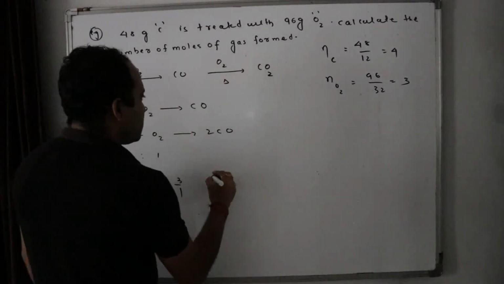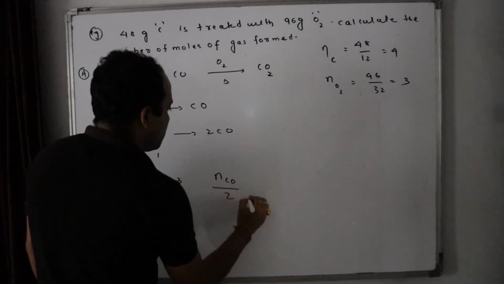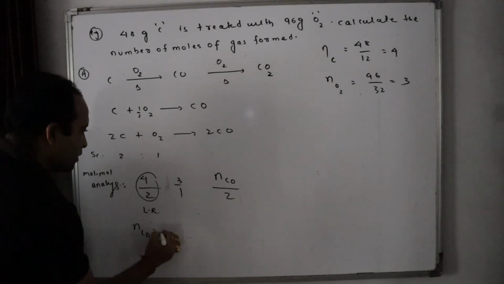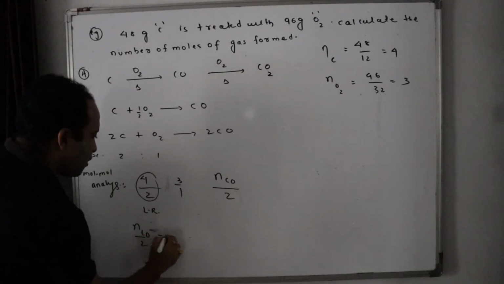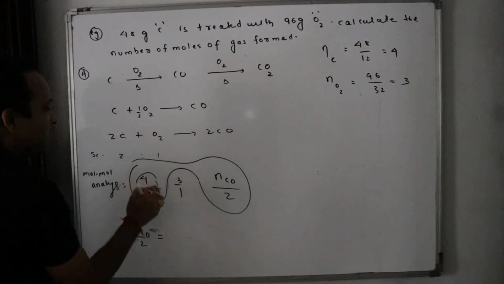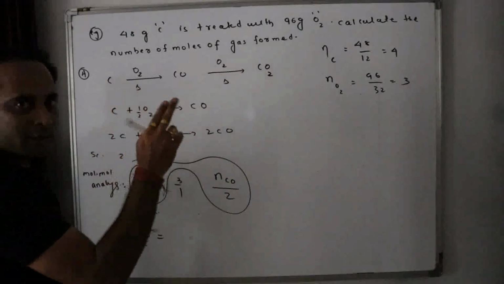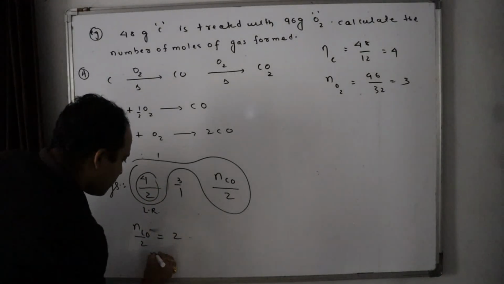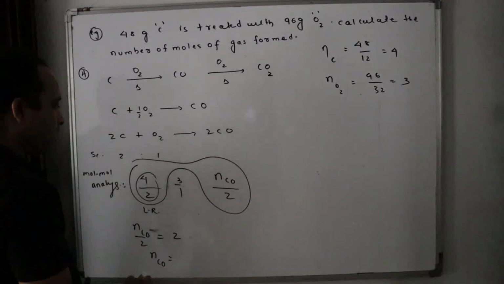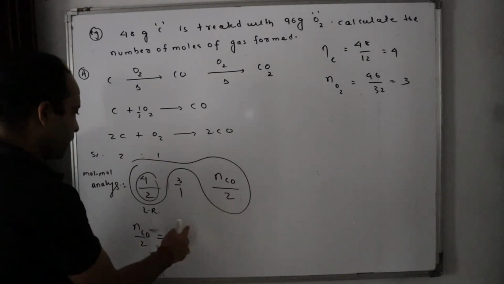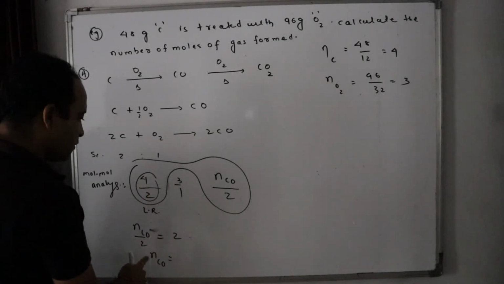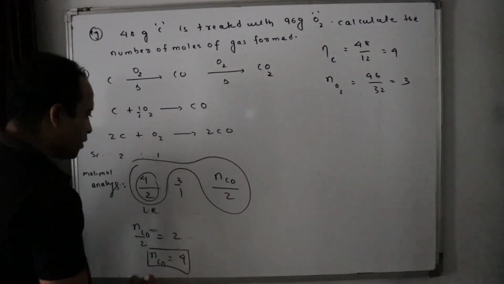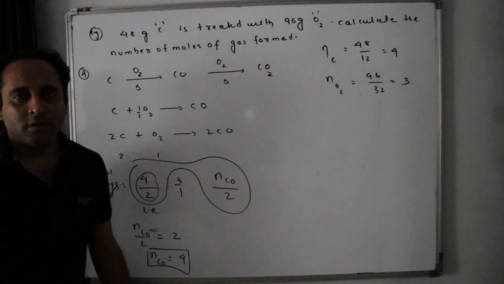Now here mole analysis, number of moles of CO by stoichiometric coefficient 2. So how much is the number of moles of CO formed? Number of moles of CO formed by 2 is equal to, we'll take only the limiting reagent into consideration. See, watch my previous videos. Number of moles of CO by 2 is equal to 4 by 2, that is 2. So number of moles of CO is equal to 2 into 2, 4. Say yes or no? Check it out.